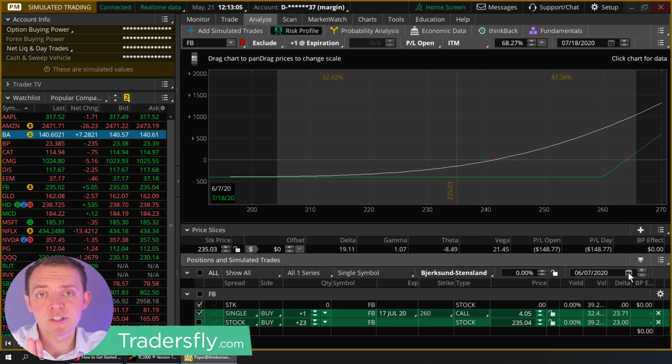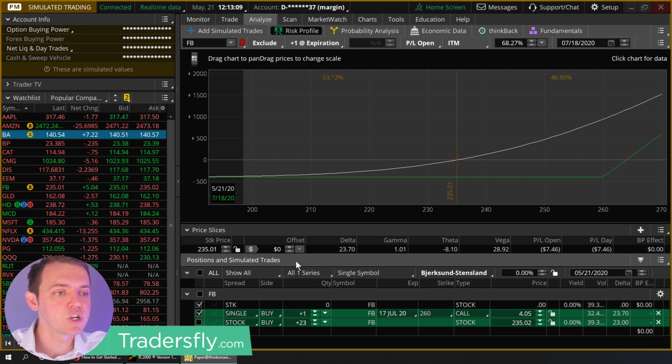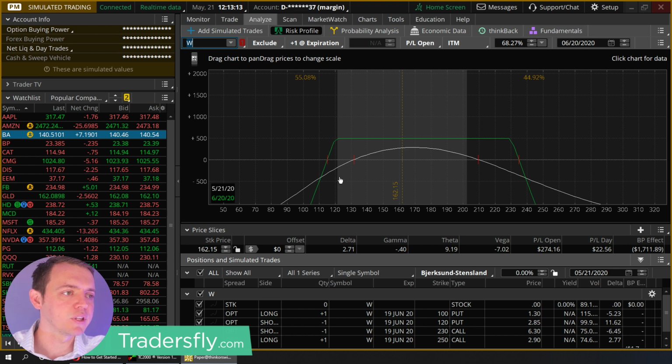Most people start out this way, and you're probably brand new or just starting out this way, but it's not the smartest approach. Normally, what we do is things like spreads. I'll show you this spread example. This is one on